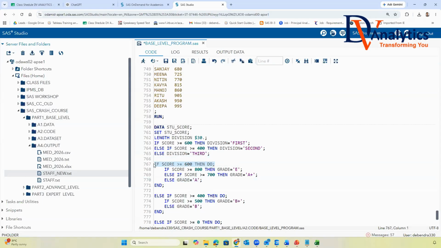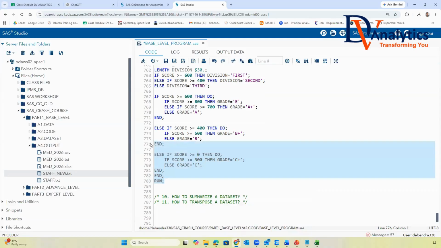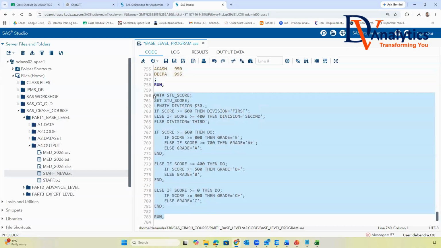The above line shows if his score is greater than 600, then do this operation. Okay, understand.